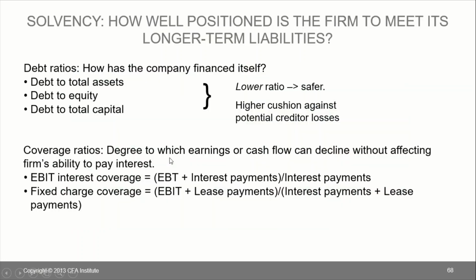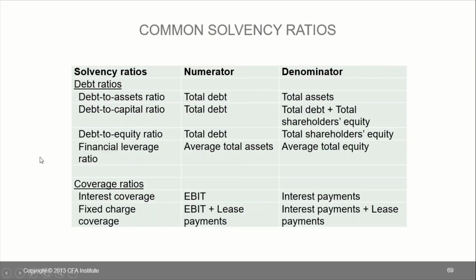And then, okay, so this is a summary of the common solvency ratios. So this is the numerator and the denominator. So debt to asset ratio is your total debt divided by total assets. So sa madaling salita, you're just simply looking at ilang percent ng total assets mo ang funded by debt. So whether that is short-term or long-term, how much of your total assets